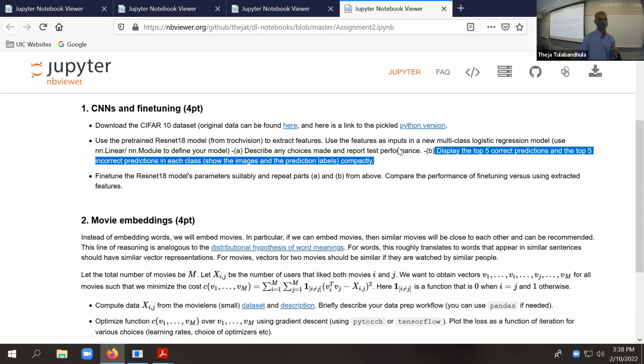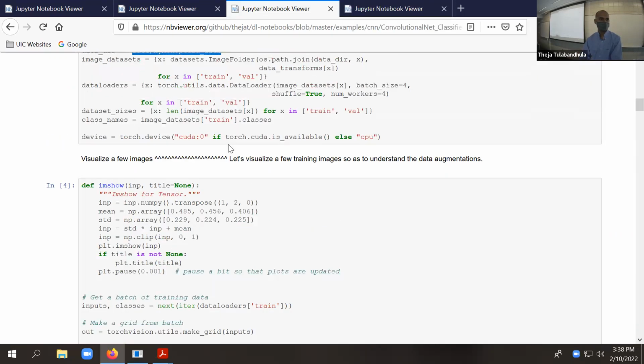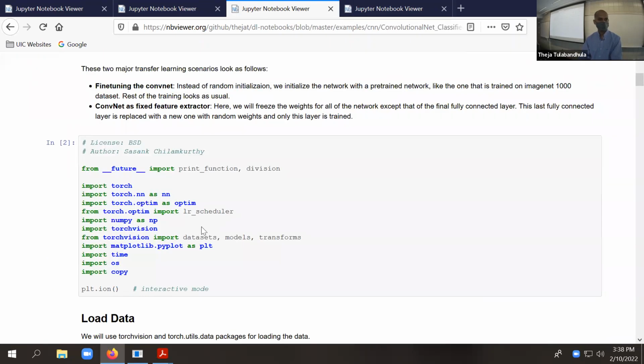But there are some helper things that you may want to write. For them, you may have to write your own helper functions. Okay, so that's where I think understanding is needed, but it's not complicated. There are some objects that we use in the notebook. You can just look at the imports, right? We are importing something called datasets, something called transforms,